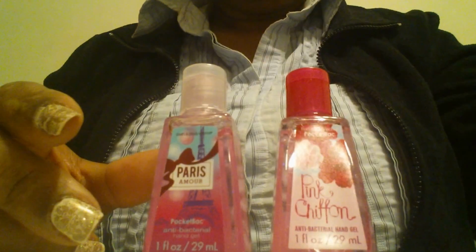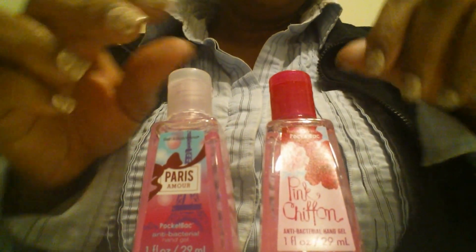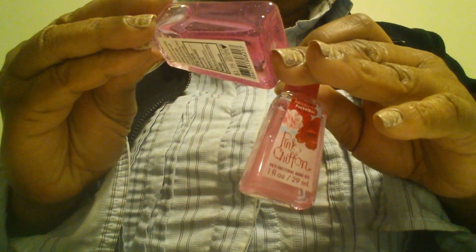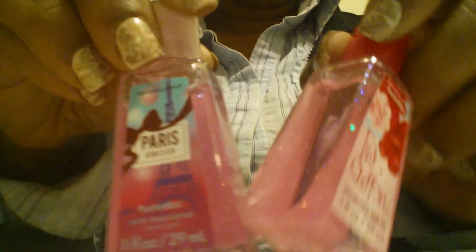So the things that I got from Bath & Body Works today are these two little hand gels right here. One of these is pink chiffon and the other one is Paris Amour. And these I'll probably put in a giveaway,